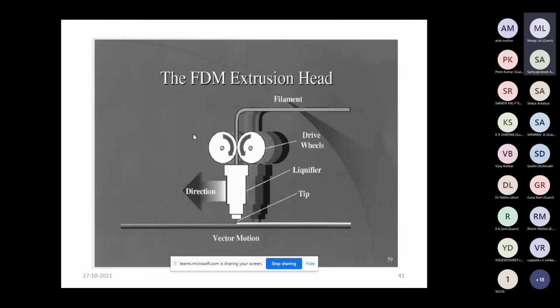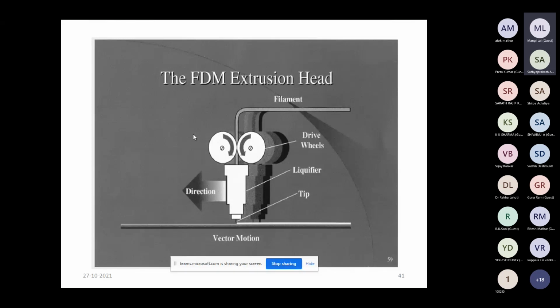When this filament passes through the liquefier, the heating or melting or fusion is done, and this fused material is extruded out through the nozzle. This nozzle is moved in the XY direction according to the required CAD data, which is provided as the input.